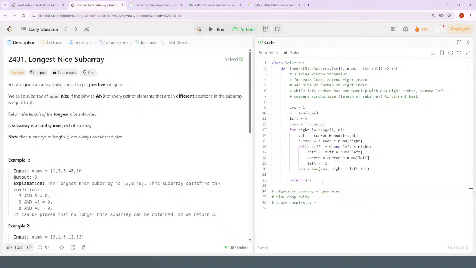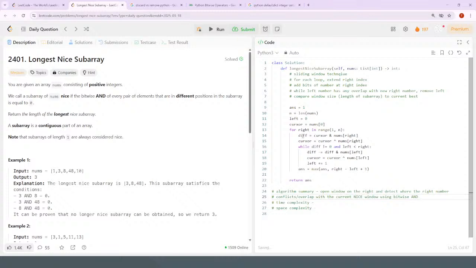You open the window on the right and detect where the right number conflicts or overlaps with the current nice window